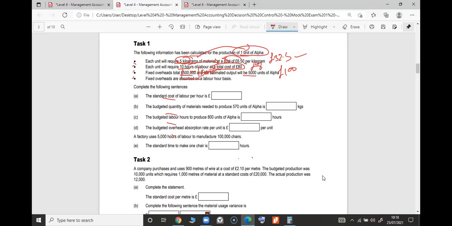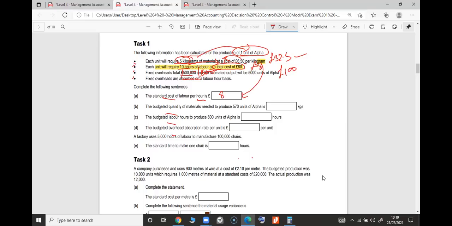There are 5 requirements, A, B, C, D, E. Complete the following sentences. Standard cost of labor per hour. What is the standard cost per hour? We have already found it. Standard cost per hour is here. Thank you, people. You're right. We got that answer anyway. Oops, not that, the bottom one. Yes, 80 divided by 10, this is the one. See, that is why it is good to do some work in advance. 8 is the right answer. Well done.